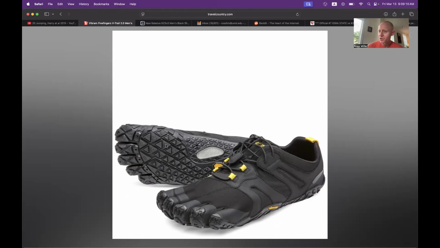So give me some traction so I don't slip, and give me some protection here for when I'm stepping on the ground and maybe stepping on something sharp. I don't know why they've fallen out of popularity. I've never used them. It's never really been my thing. I've never really had any foot problems, so I've never had a reason to really mess around with my